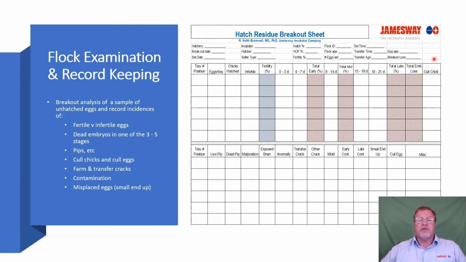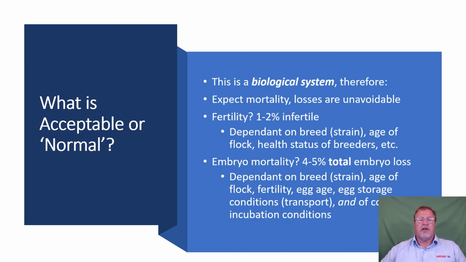and make sure we cover some of the main topics of separating fertile versus infertile eggs. Our dead embryos need to be broken into at least first, second, third week mortality. I break it up into 5 different stages, but they still fall in those 3 categories. We need to separate cold chicks, transfer cracks, contamination, misplaced eggs, a number of different things. The more data you can gather here, the better